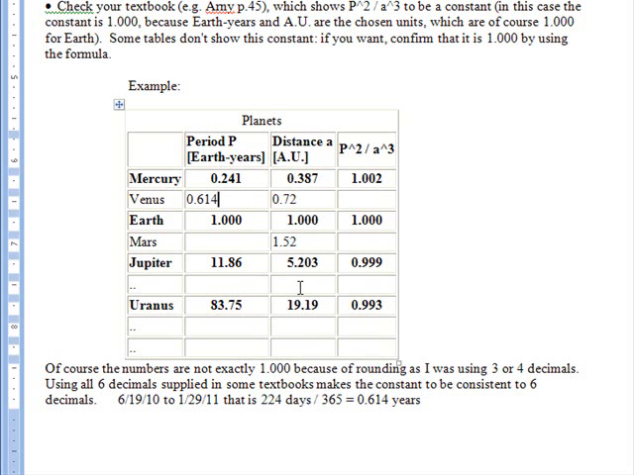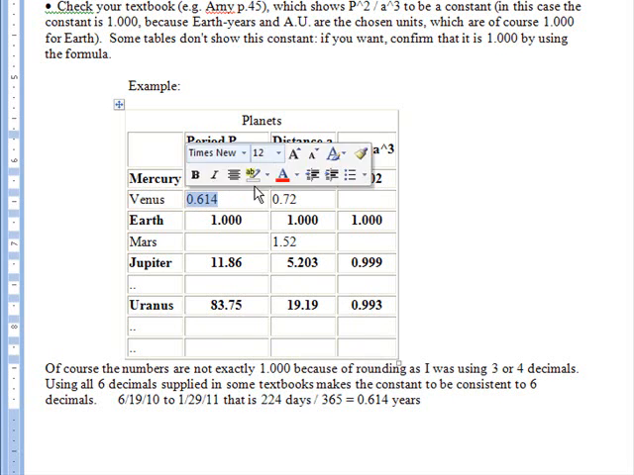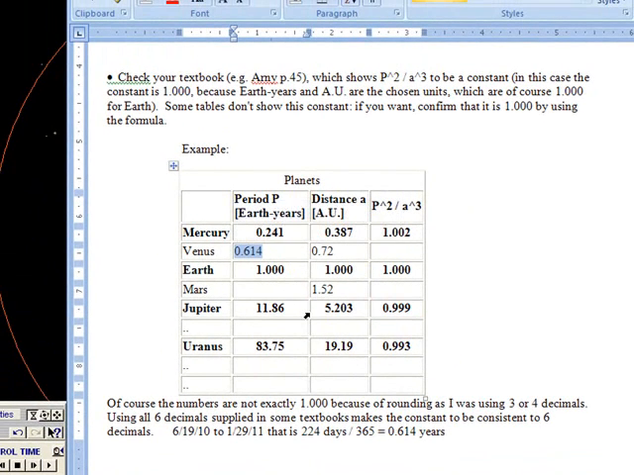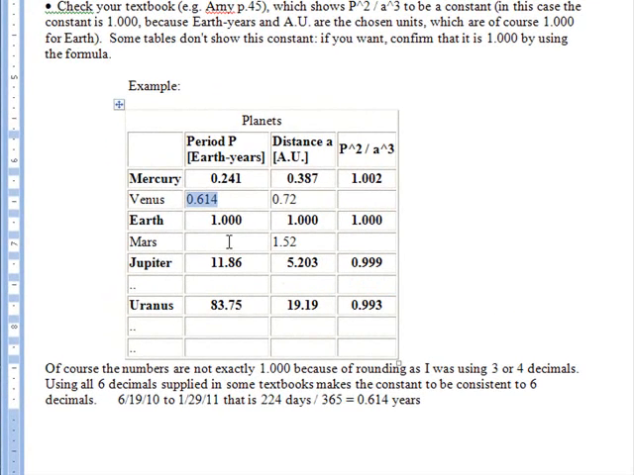So 0.614 for Venus, 0.241, which is a quarter year for Mercury, 1.0 for Earth, 11 years for Jupiter, 83 years for Uranus. That's why I wrote the numbers down the way I do, because they get really large for most of the planets, with the exception of the first two. Okay, for Mars,